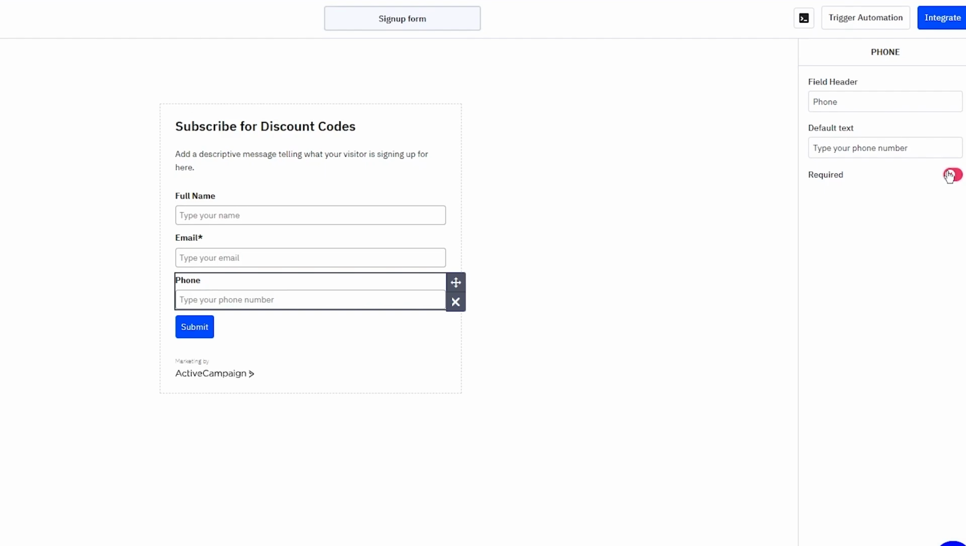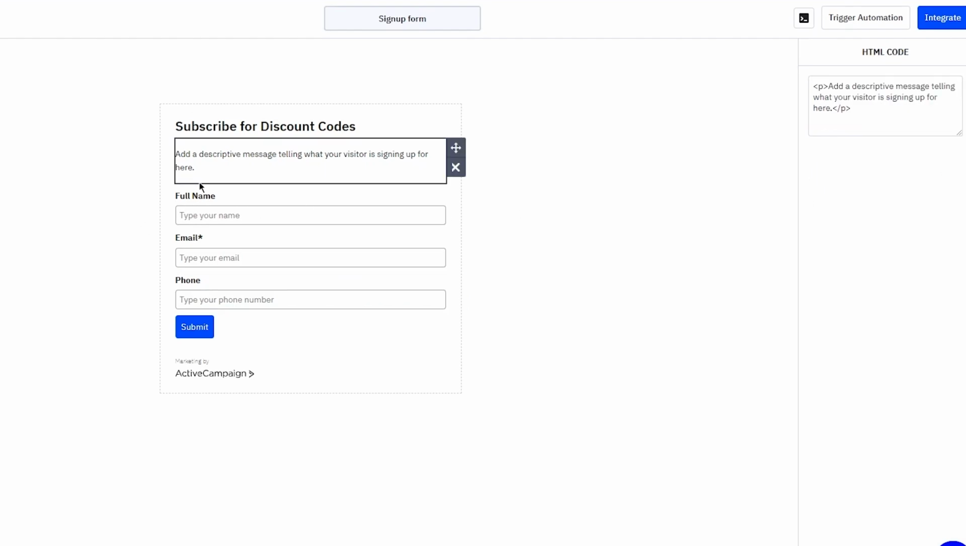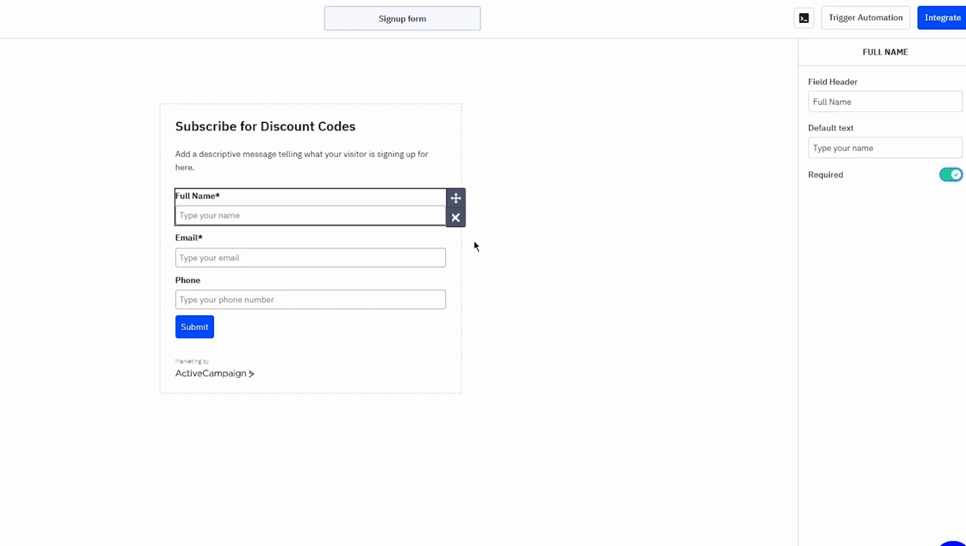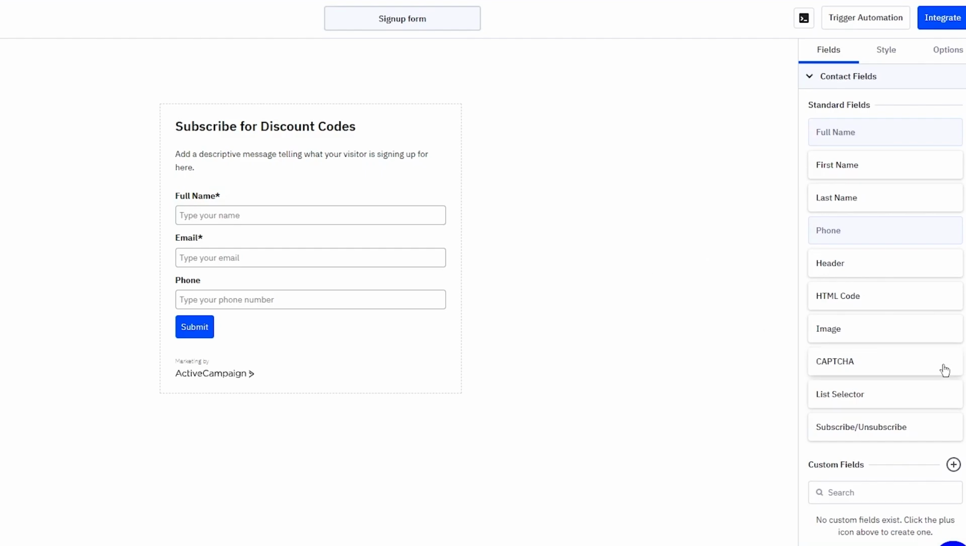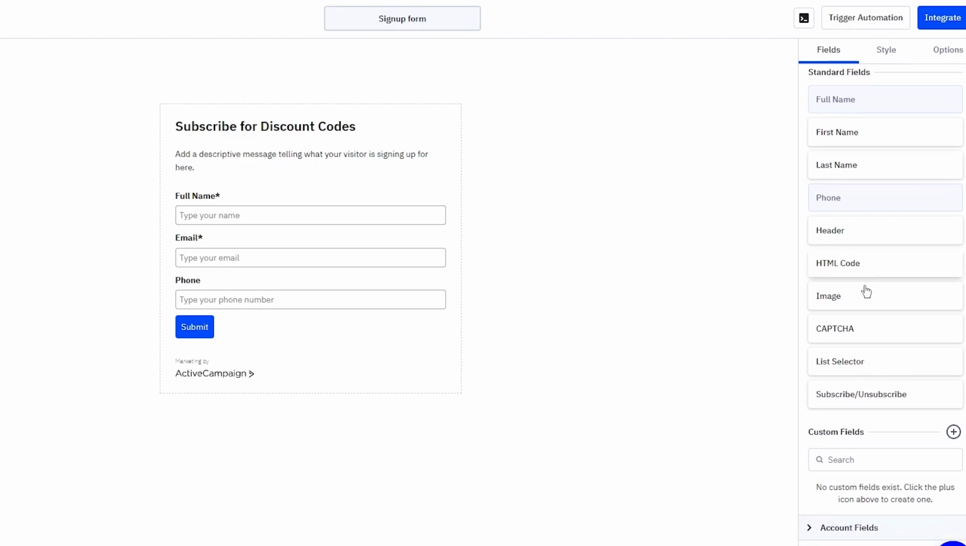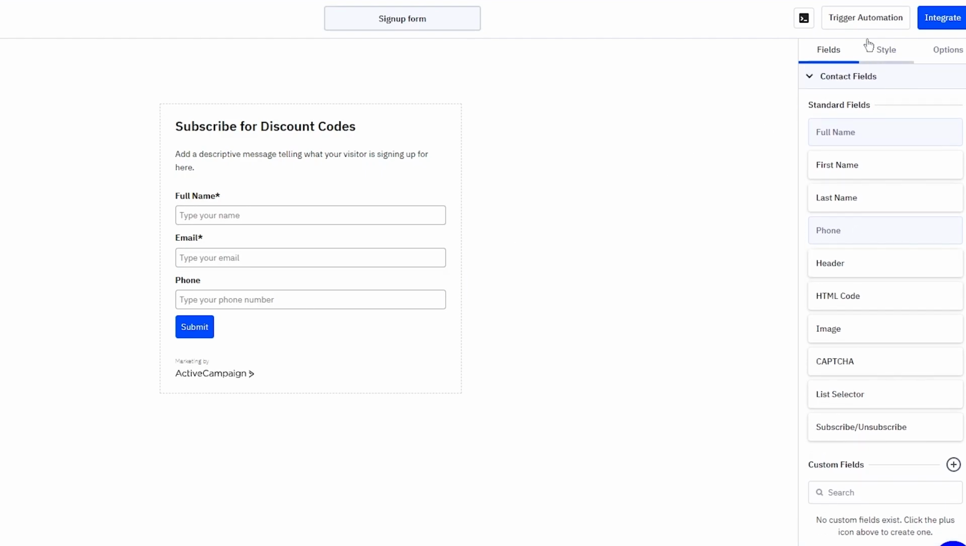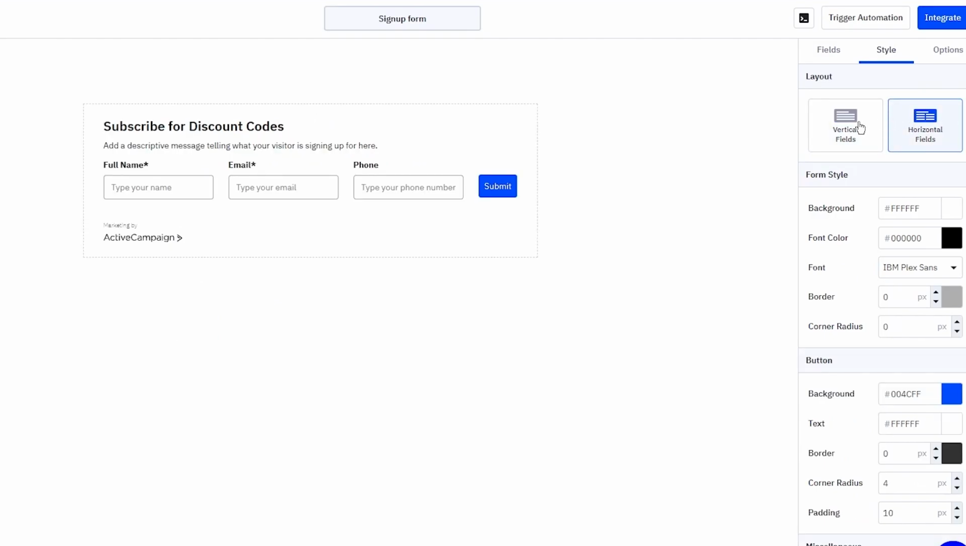So as you can see, phone is not compulsory, but I do need to make my full name field compulsory because I need the names and email. The phone is a 50-50. If you want to add it, you can. If you don't, it's all for you. So just work through all of these things. You can also add a CAPTCHA to see if this is not some type of bot or spam. We don't want that. Then moving on, you can go over to styling, and in the styling section, you can